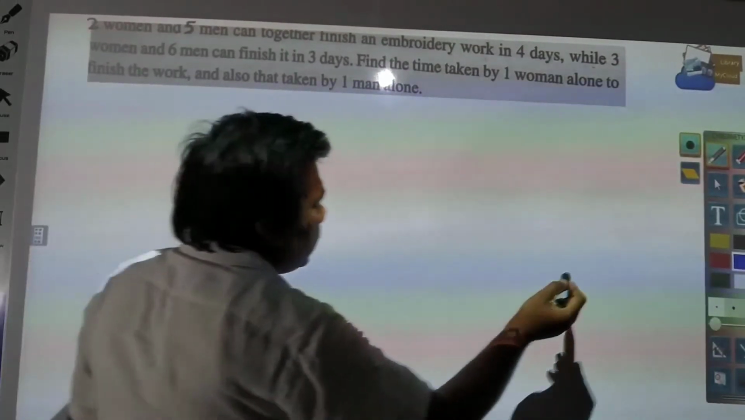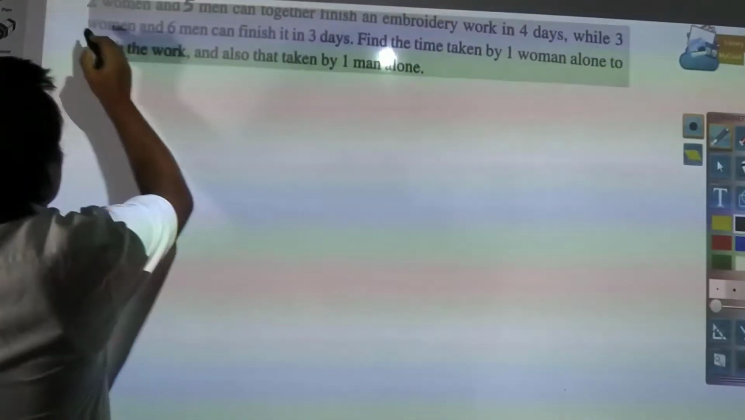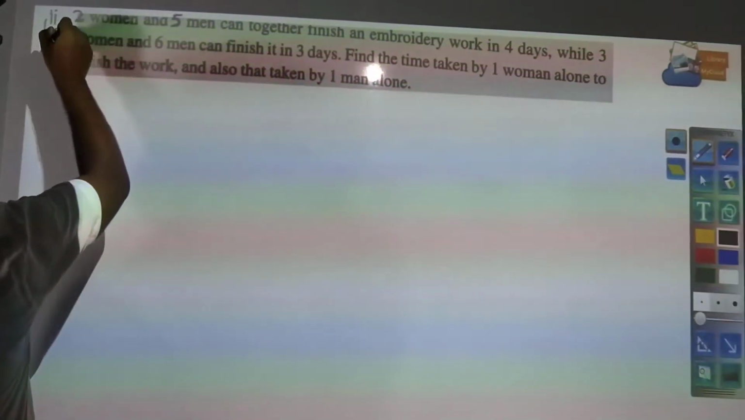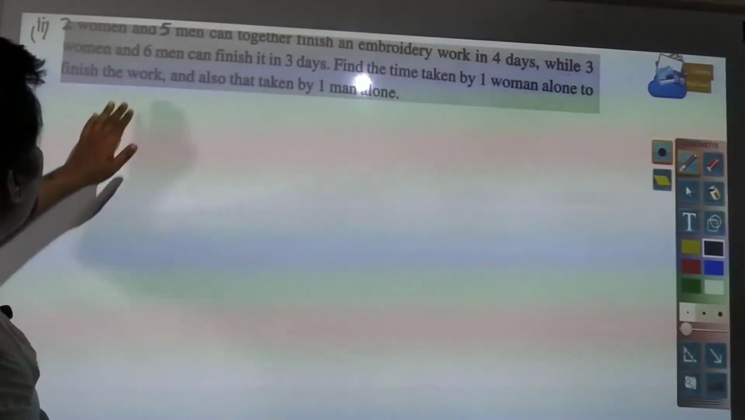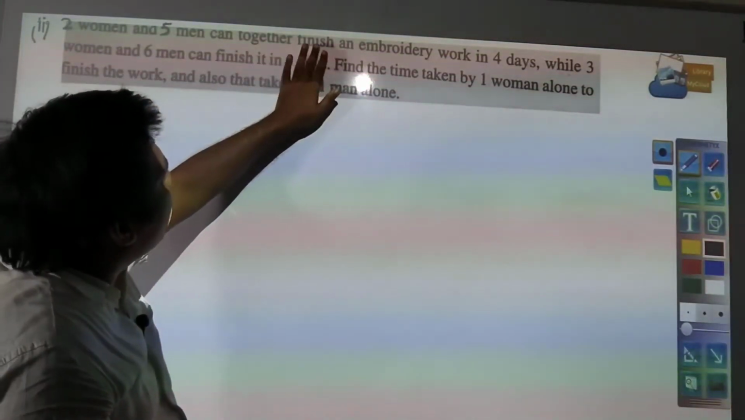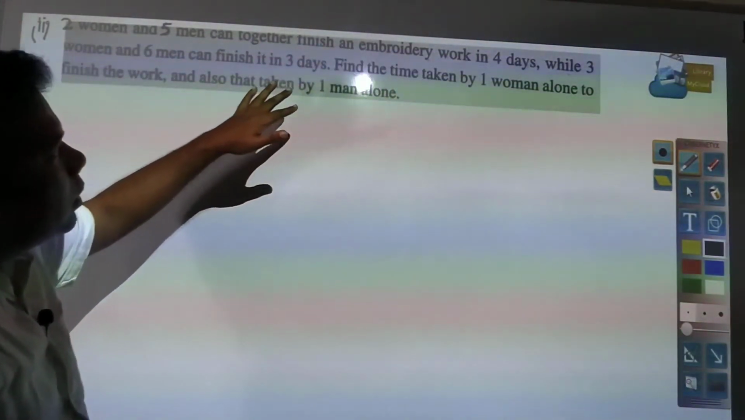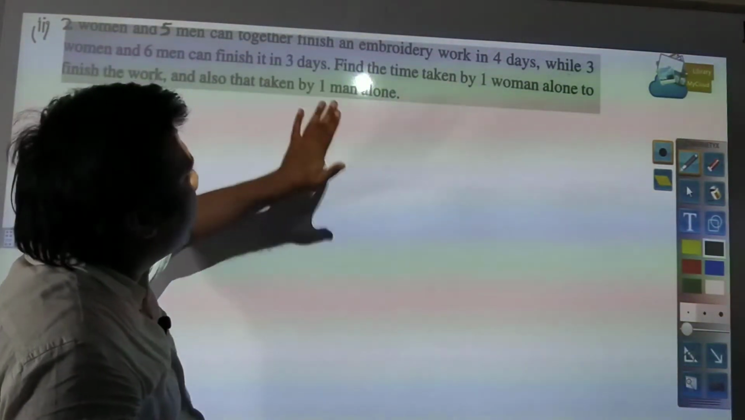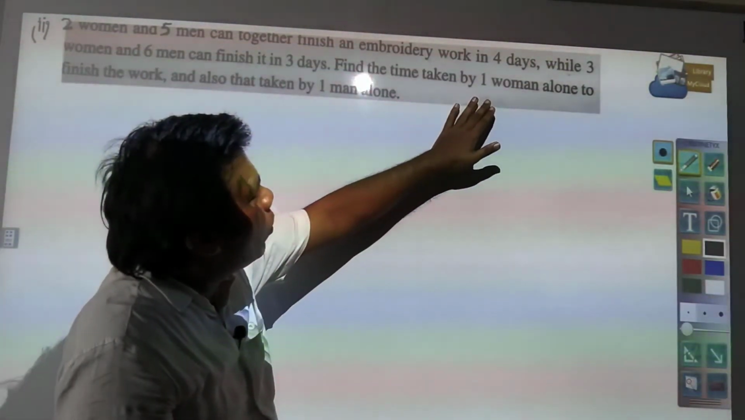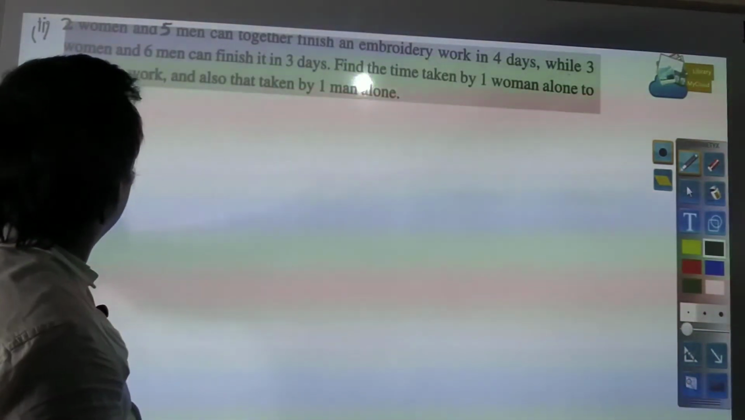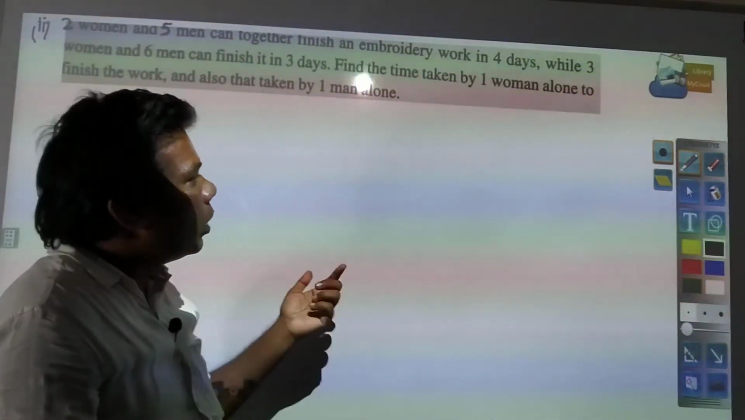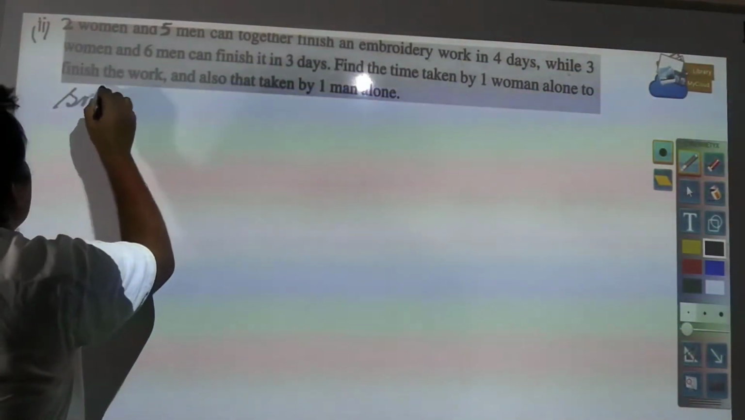Here you have two women. This is your question number 2. Two women and 5 men can together finish an embroidery work in 4 days, while 3 women and 6 men can finish it in 3 days. Find the time taken by one woman alone to finish the work, and also that taken by one man alone. So how we will solve this? You see,